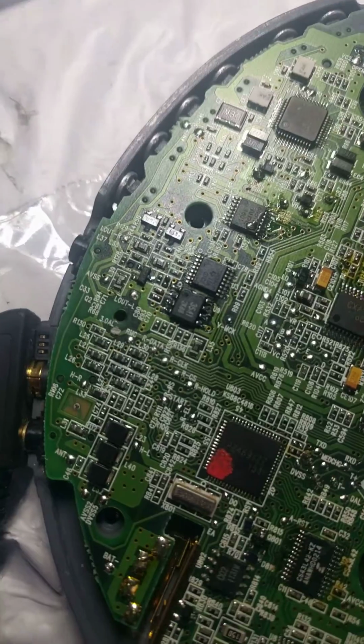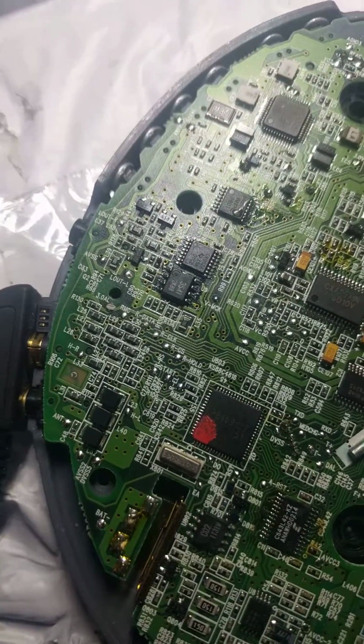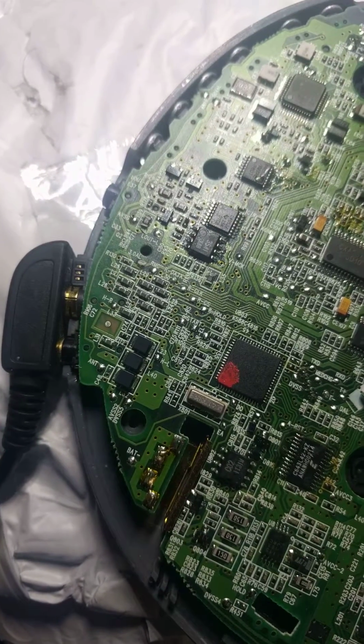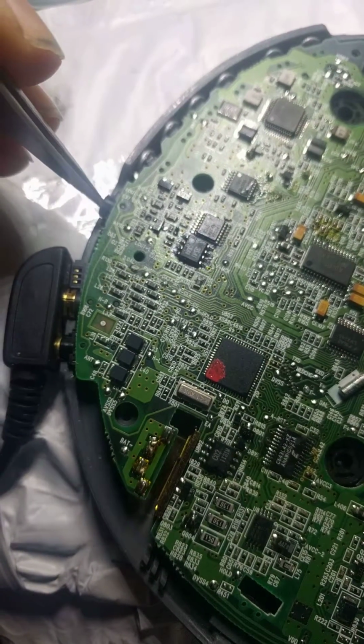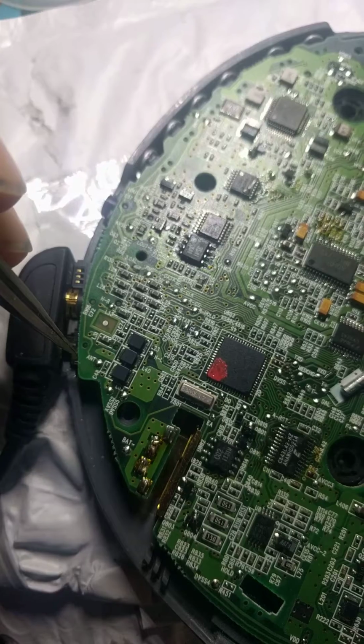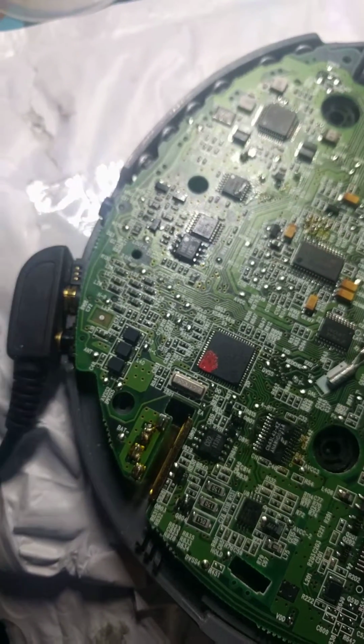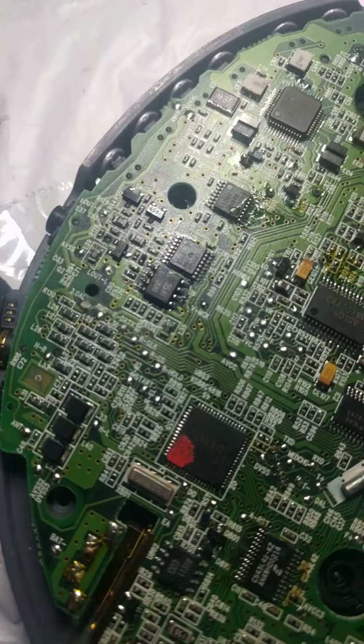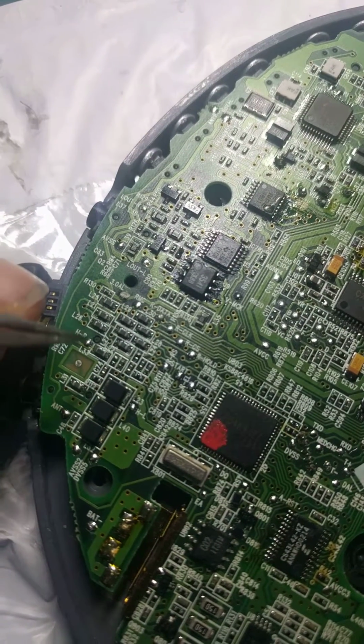But let's go over what happens if you have a dead audio channel. What do you look for? How do you repair something like that? Well, the first thing you want to do is find, obviously, your output jack. This is your line out jack, and then here is your stereo out jack. This goes to a proprietary plug that works with their special remote, which is a really cool feature, in my opinion. But you want to look for those outputs, and we'll see here there's like HR, so that's probably going